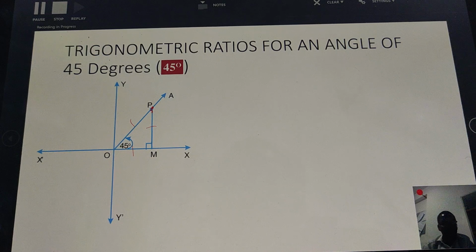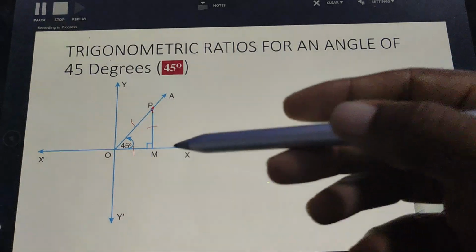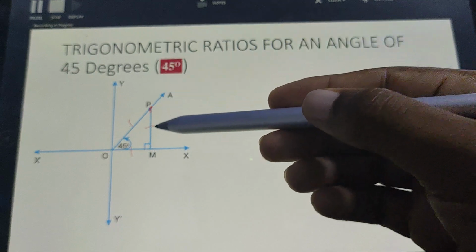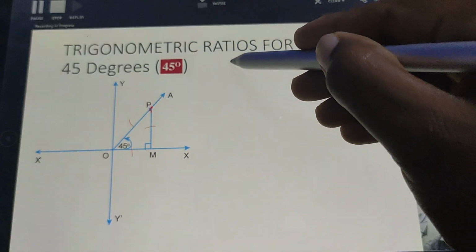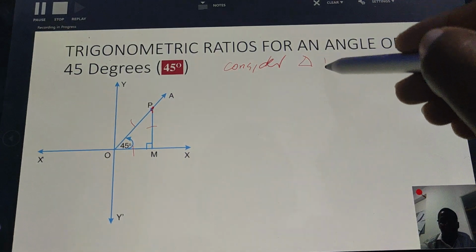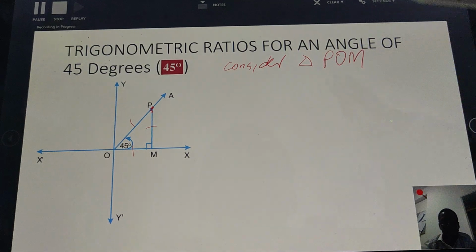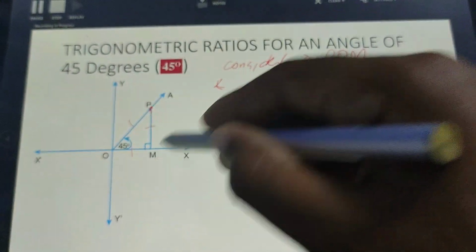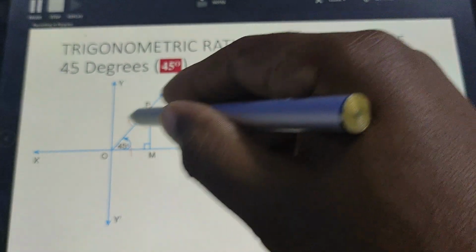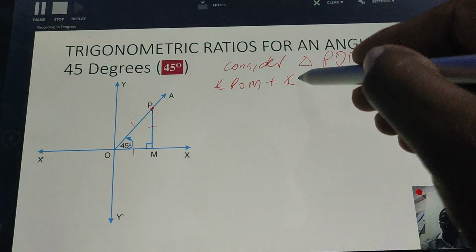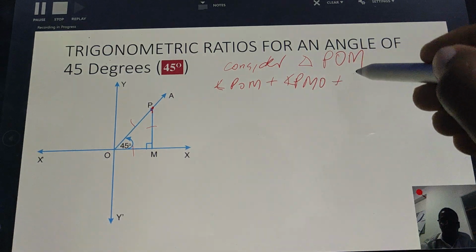We are also going to make some assumptions, so we need to be together on that one. In this case, you can see that this is 90, and that is 45 degrees. If you try to apply the angle sum of a triangle, let's consider triangle POM. In this triangle POM, angle POM plus angle PMO plus